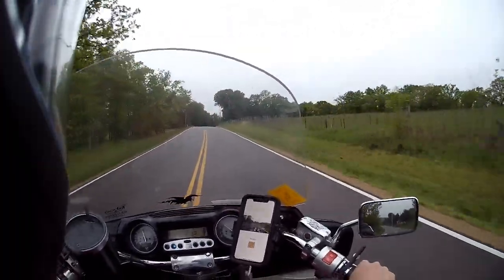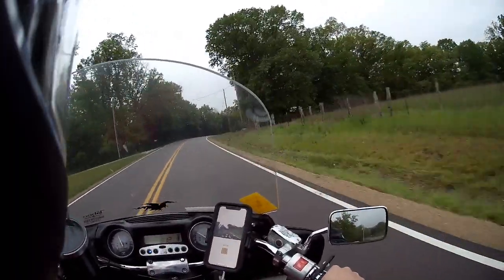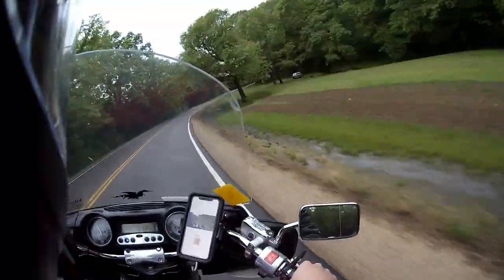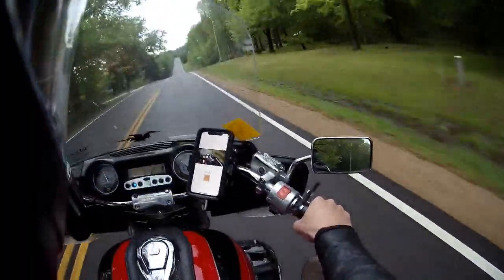The other option is you push it too hard and you end up piling it up. So keep that in mind. Now, I have leaned this bike over on dry roads far enough that I'm scraping my highway pegs, which you can see down there. I know that was pretty quick. Give me a minute. Let me get through this corner. You can see where my feet are down here,